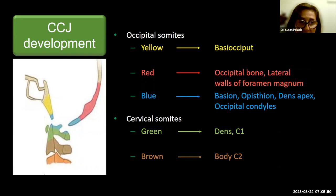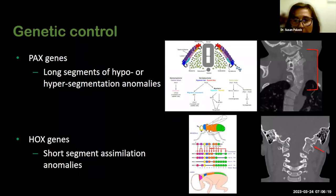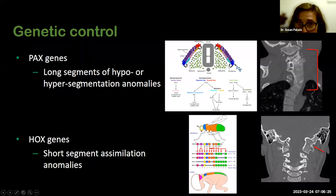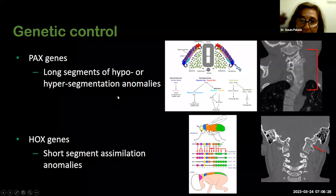It's color-coded here, and it's basically showing the various occipital and cervical somites that form the craniocervical junction. And so the anatomy in this region is really formed by a segmentation and a connection of these somites to form the craniocervical junction. And it's a very complex process that is basically under the control of our genes. So there's two groups of genes that can control how the craniocervical junction and cervical spine